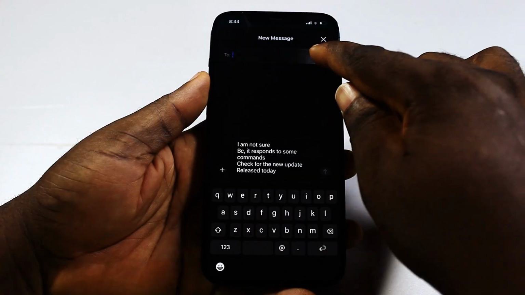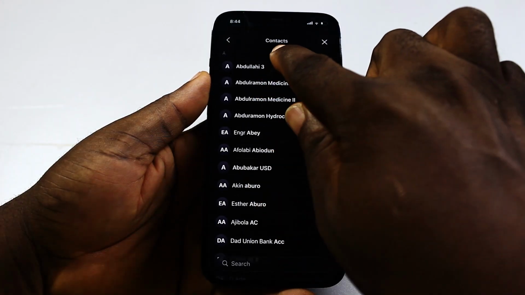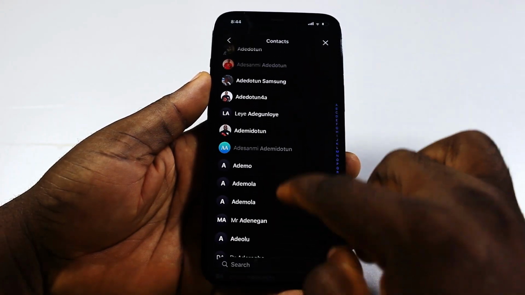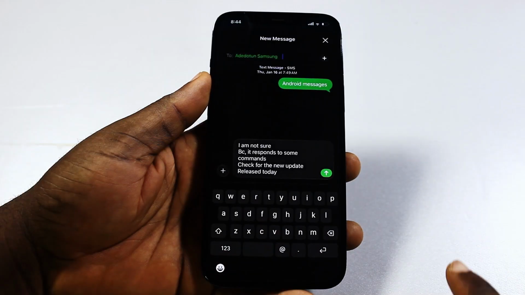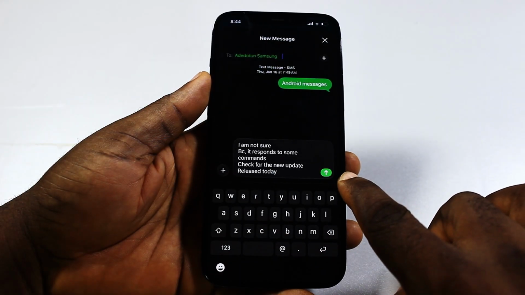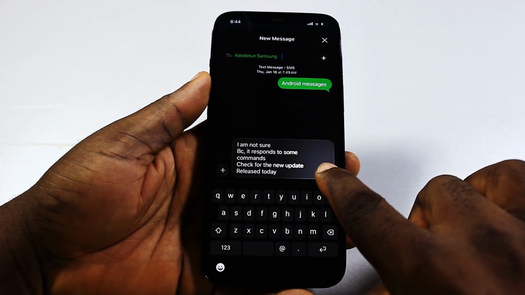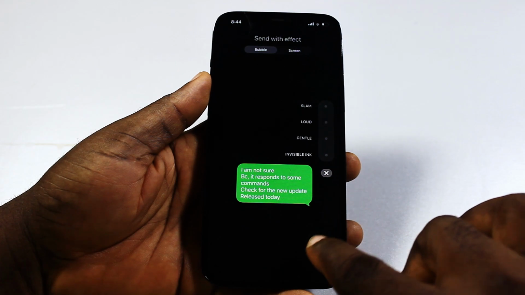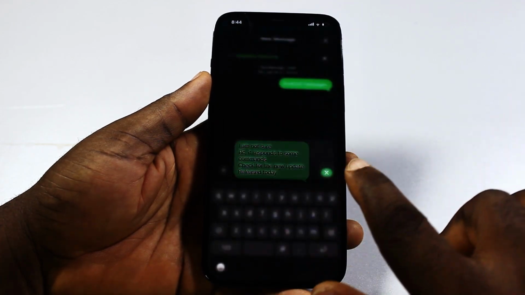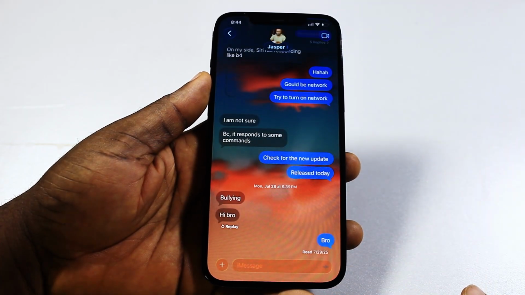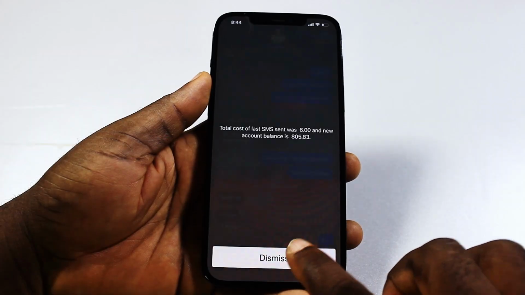Now go ahead and click on the plus button and then select the person you want to forward the message to. Once you selected the person, then go ahead and click on the send button. So if you click on the send button, this is going to allow you to forward the message on your iPhone like this. So that is exactly how to forward